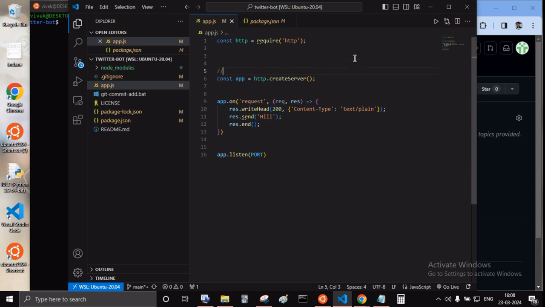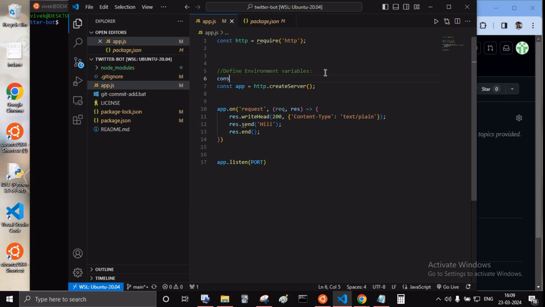I will write it like environment variables. We will store the port in environment variables. So first will be const port equal to